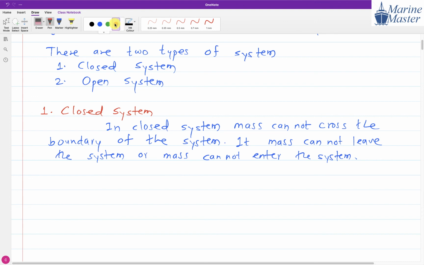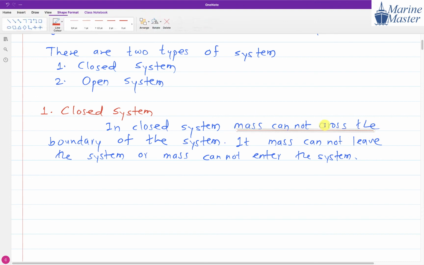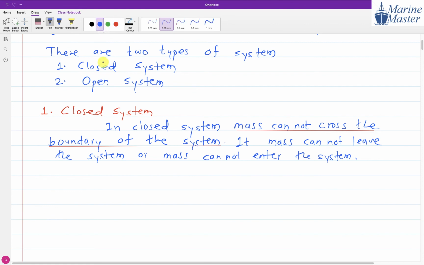What is meant by closed system? In other words, we can say mass cannot cross the boundary of the system. So closed system means mass cannot cross the boundary of this system. So mass cannot leave the system, and mass cannot enter the system. Therefore, for closed system,